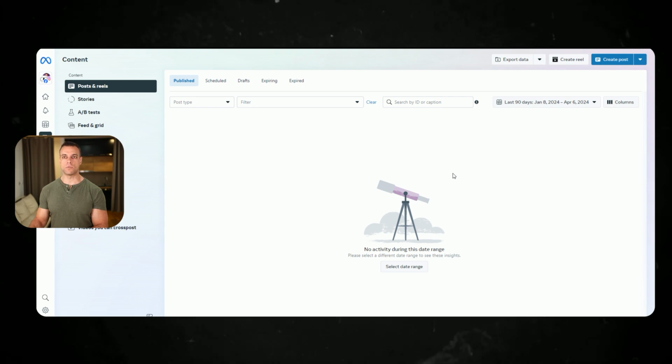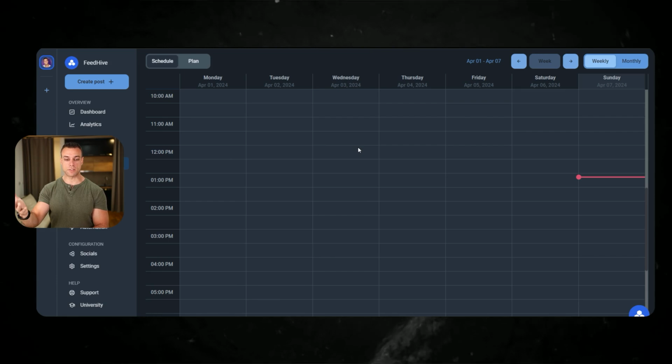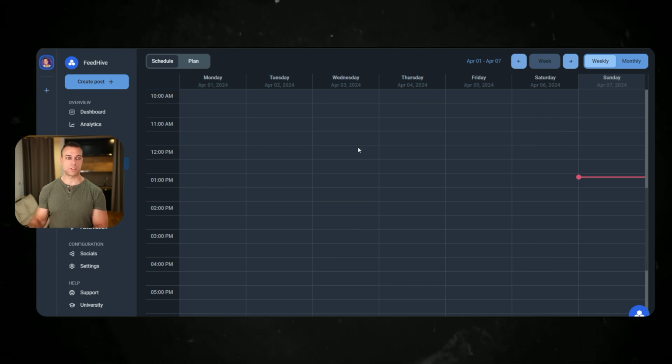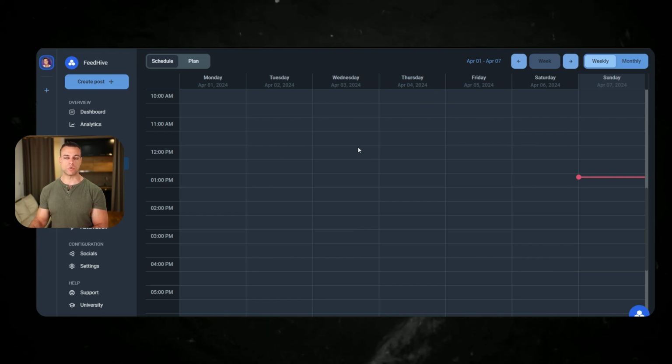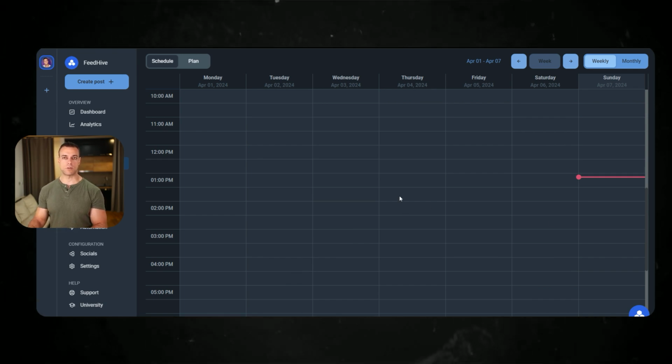And also when you are scheduling things on different platforms, so for example, on Pinterest specifically, if you want to schedule there, for TikTok as well, if you want to schedule, I suggest you to use Feedhive. It's amazing, a very simple tool to use where you can just schedule things ahead of time as well. So both of these things are for scheduling posts ahead of time, because what we have done so far is